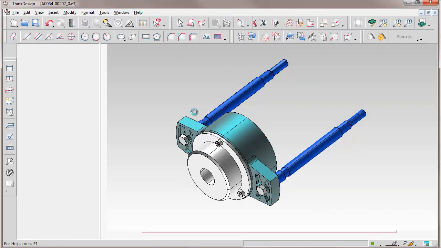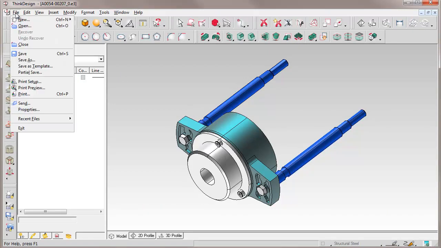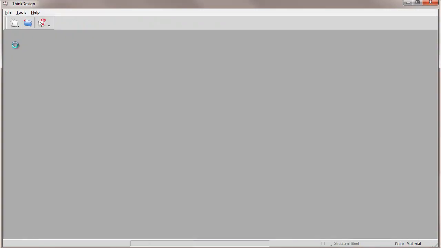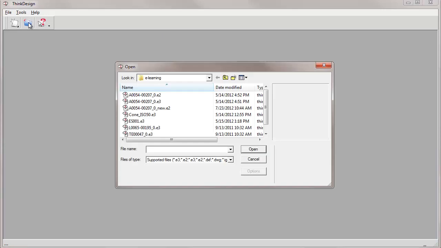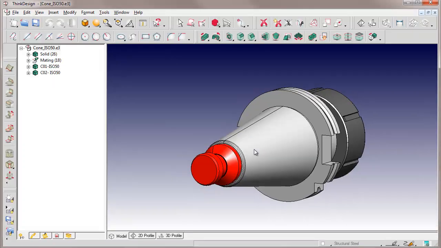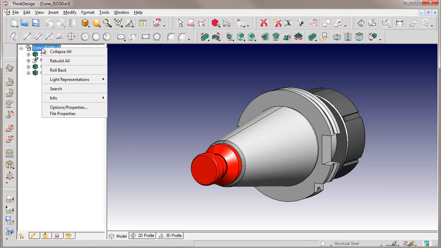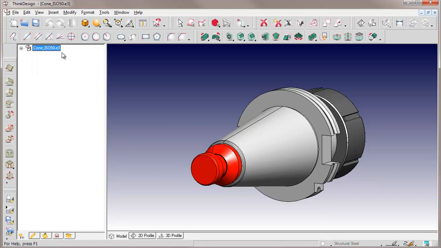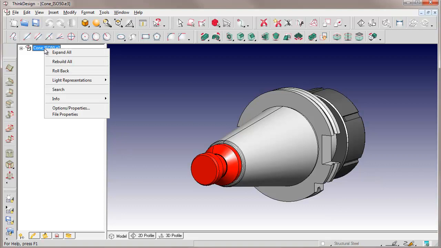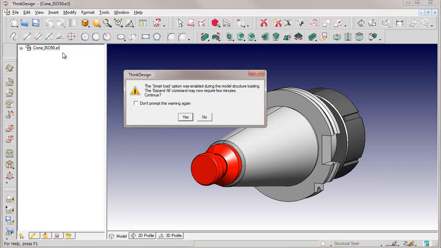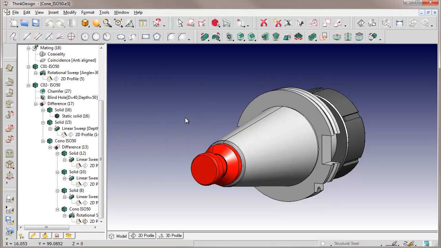Now close the drawing, close the model, and we will talk about the model and the profile environments. We load another model. First of all, to see all the features and all the entities, we close all and open all. In this way, we should not open the individual branches of our structure, but we see everything immediately.